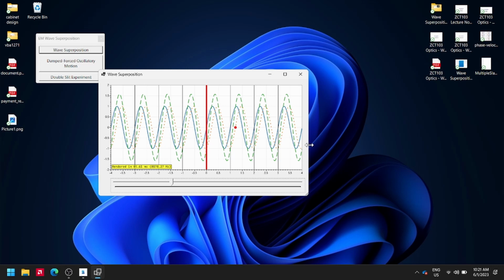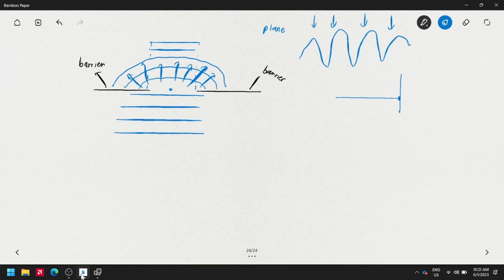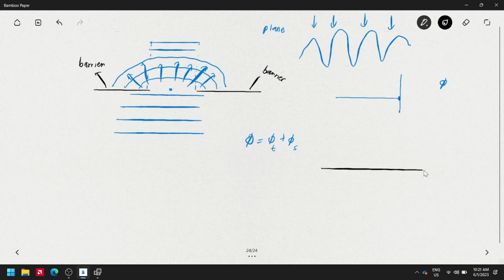But at the end of the day, you will combine the temporal and the spatial phase shifts together, forming the phi alone. So phi itself is equal to phi due to the temporal plus phi due to the spatial difference. For example, if I say temporal, this is my time axis. So this is t at 12 p.m. At this moment, I emit a laser light.